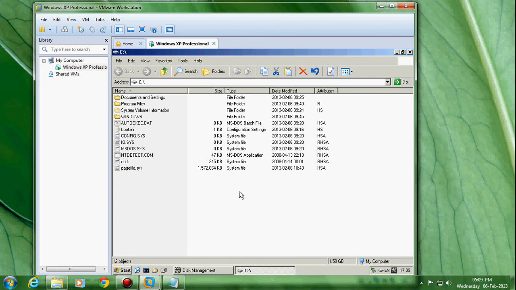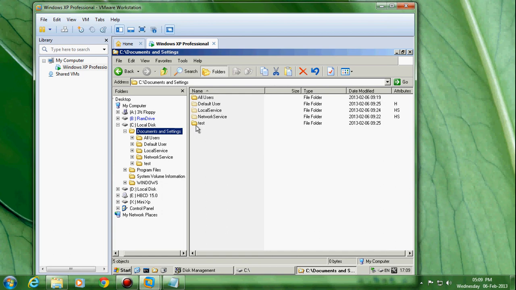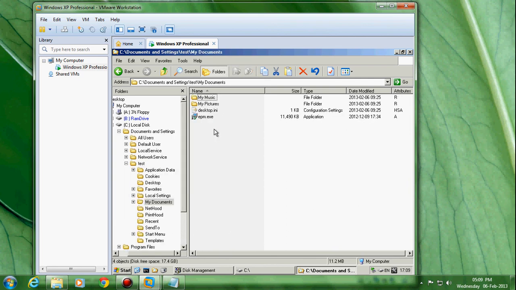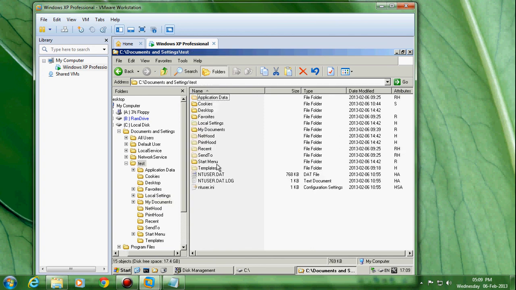See, as it is loaded with Windows XP, we should go to documents and settings. Then the user is test. Then take the backup like desktop. Some customers will have favorites also, my documents, fine, or else desktop and favorites, later my documents. In my documents some customers will have other data and some unnecessary data will be there. So try to copy the important data from the C drive as much as you can, and take the backup.